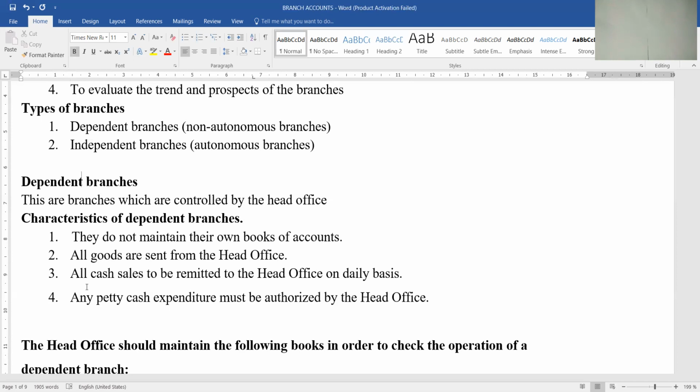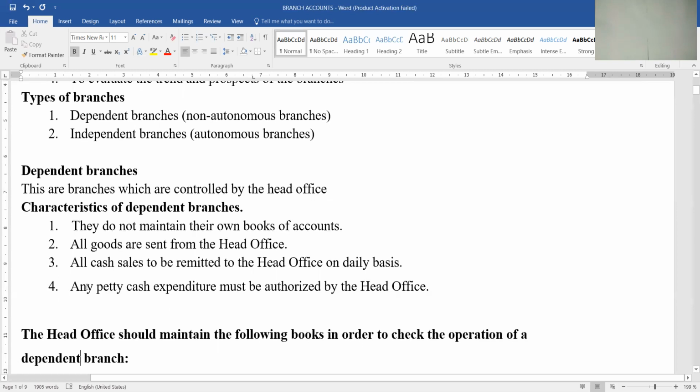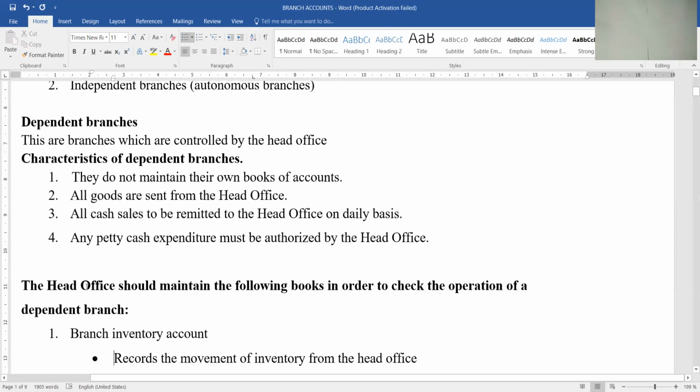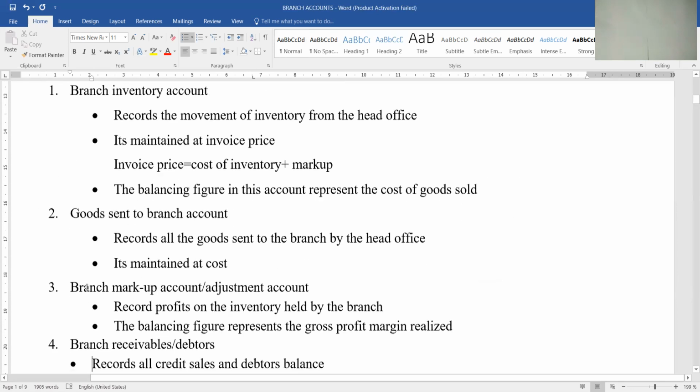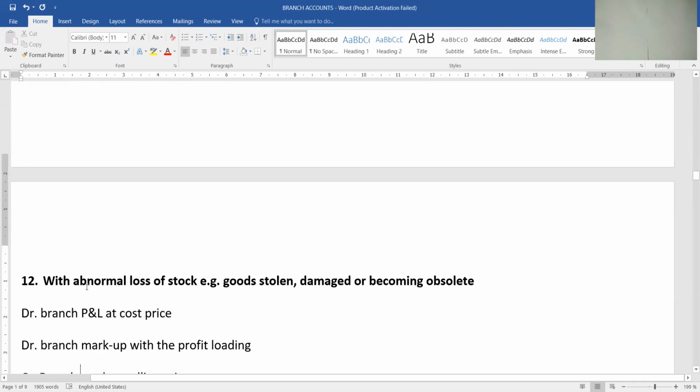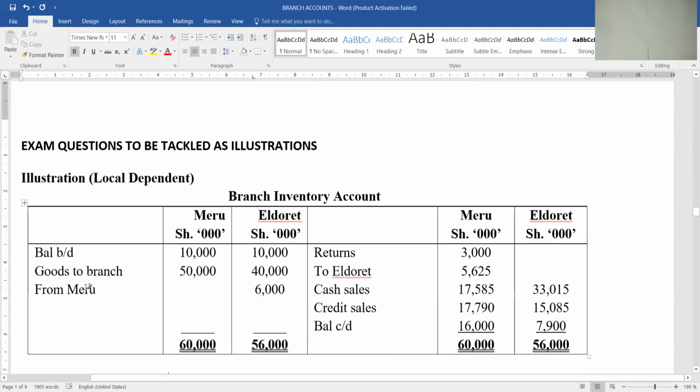So whoever needs these notes to read and understand the debit and the credit, because once you understand what to debit, what to credit, you can be able to do a question. Because it's just a small question, even if I will do another question next time. So whoever will be in need of the notes will be able to just chat with me through 0728 760 546. I will be able to assist you with these notes for dependent, so that without wastage of time, we move to independent. So independent, that is where I would be taking most of my time today.